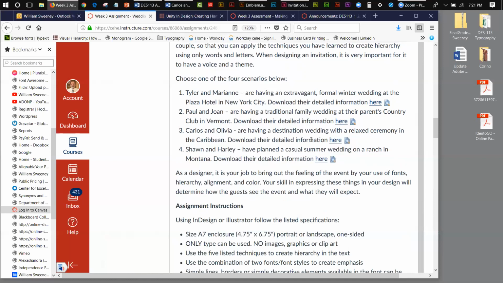Again, go back to the discussion. Take a look at the cards that you've looked at and see what they look like. You're going to find that most of these people, Tyler, Marianne, Paul, Joan, Carlos and Olivia, Sean and Harley, are going to want them to look in many ways very similar to one another. They're probably going to want some really nice script font, some very formal styling, and very clean and very high-end looking. Those are all the things that these people are going to want, and that's what's going to save you and make this project easy. All right, now,